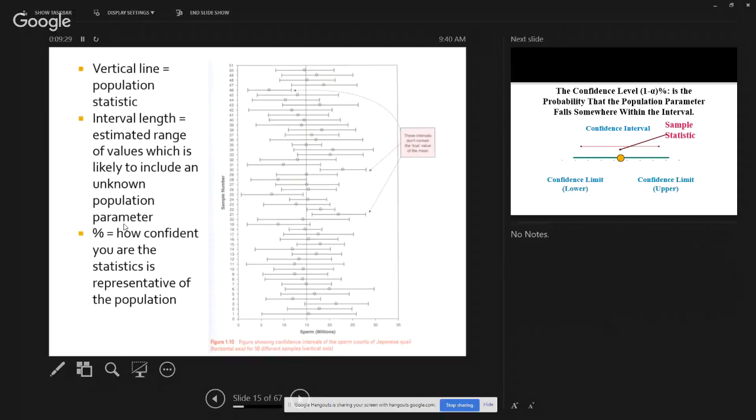So here, I don't know why, but there's a Japanese quail and they wanted to know its sperm count. So what happened here? They took samples from 50 different quails. They gave the quail a magazine and had him go in the bathroom and got the sperm count. And they then plotted this, and if you look at this,